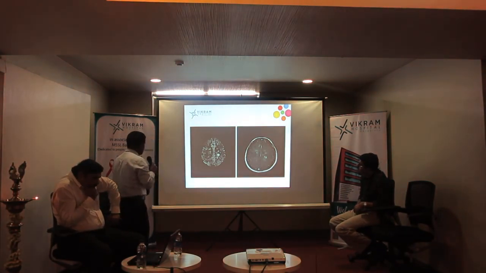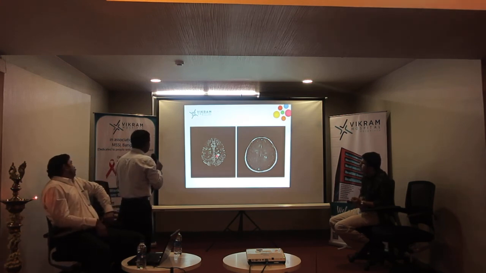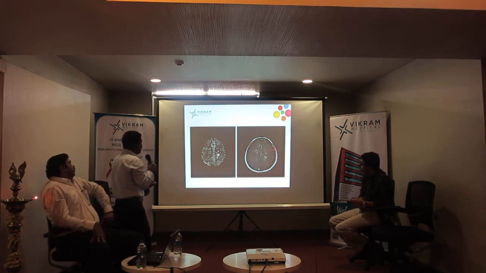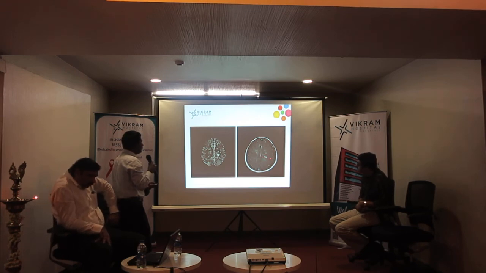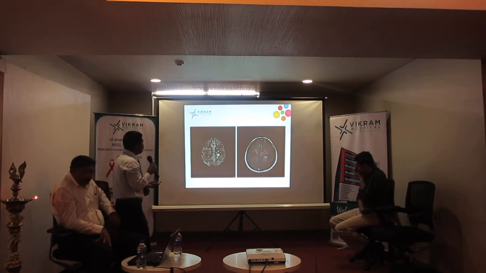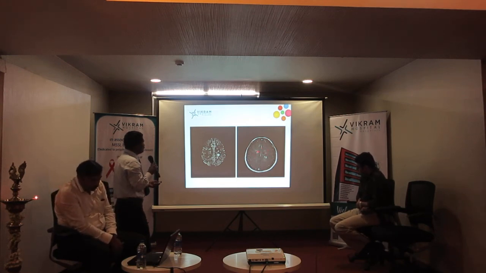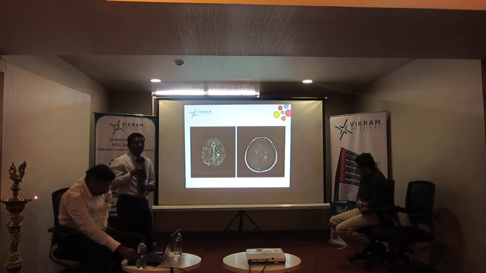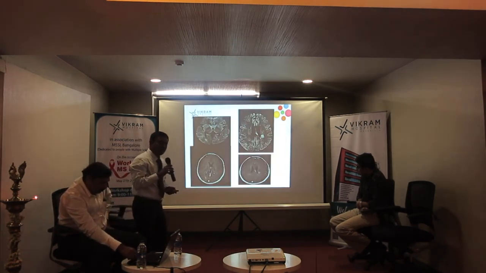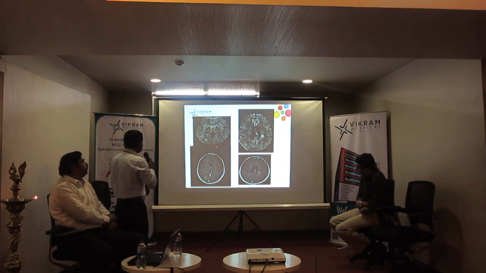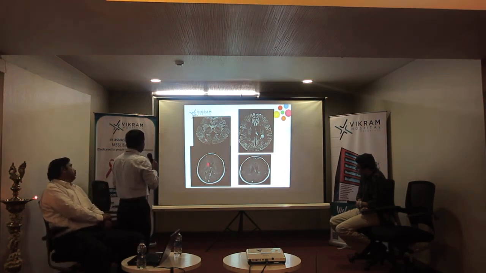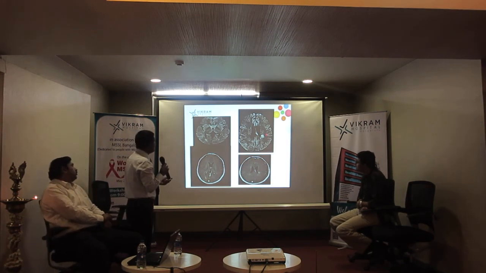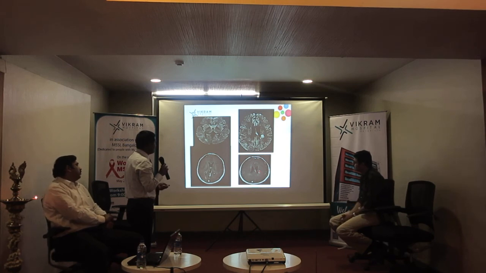This is the DWI image where the lesion appears bright, and this lesion is taking the contrast on the post-contrast IV scan. This other lesion appears bright, but these lesions are not taking contrast. Only this and this lesion are taking the contrast. These two indicate new lesions in the background of old lesions. These are similar examples: bright on DWI where contrast is taken by the lesion, and another DWI bright lesion which takes the contrast.